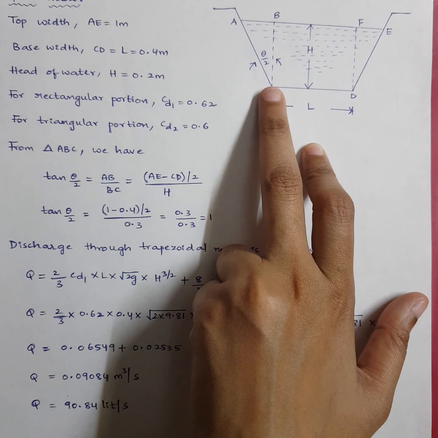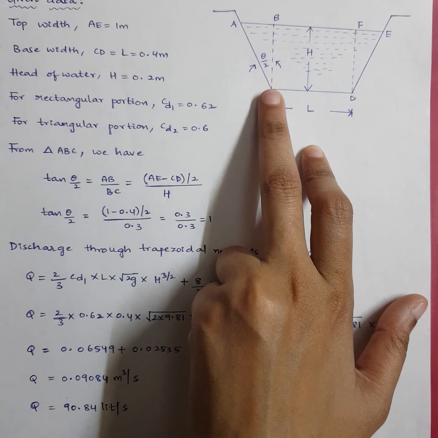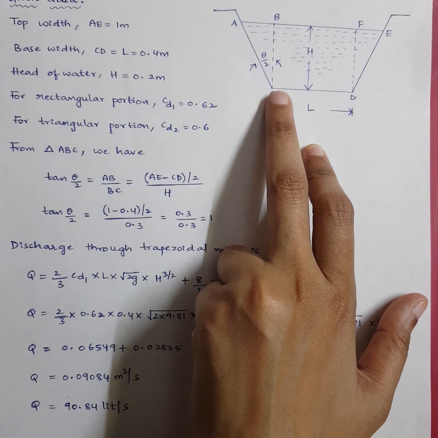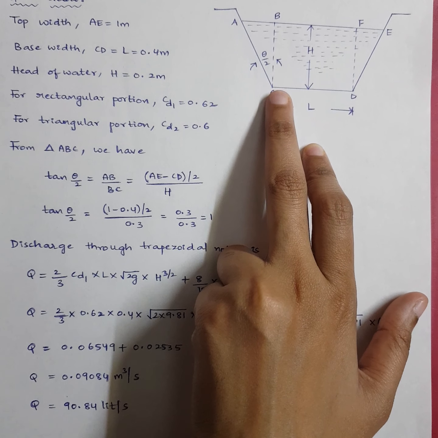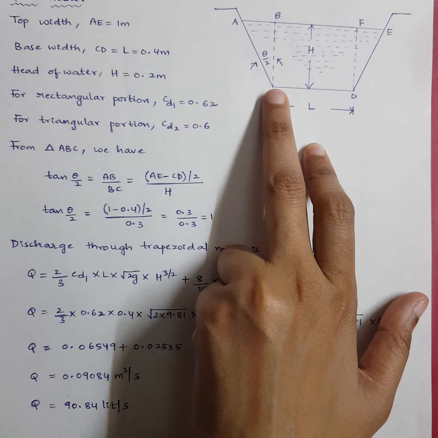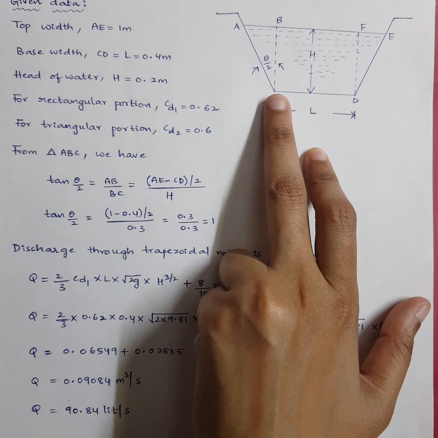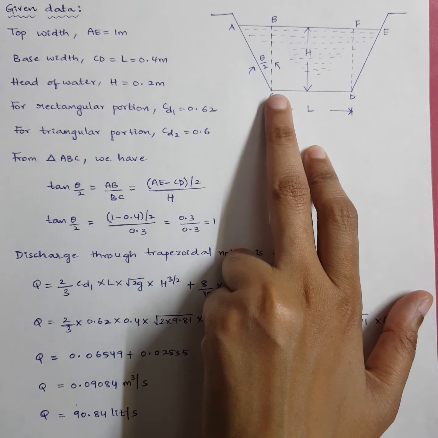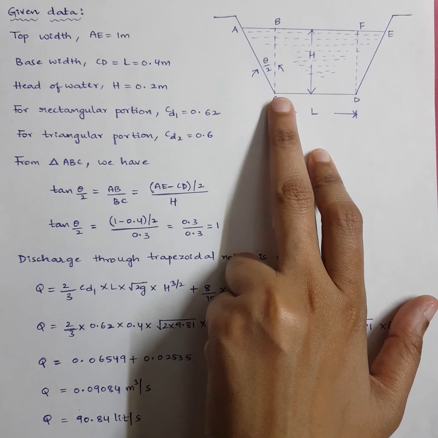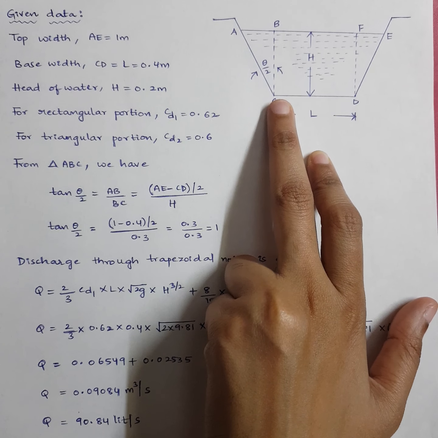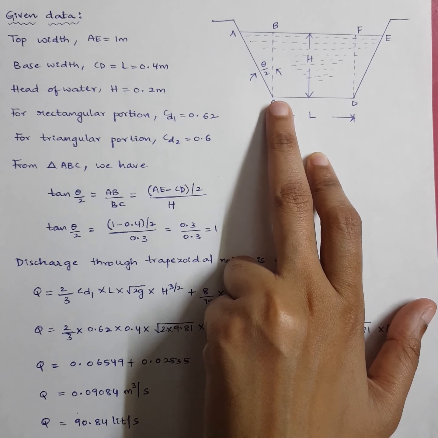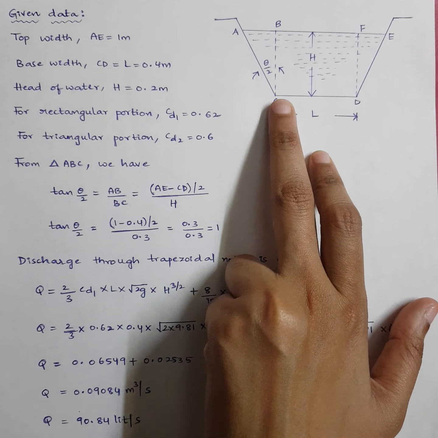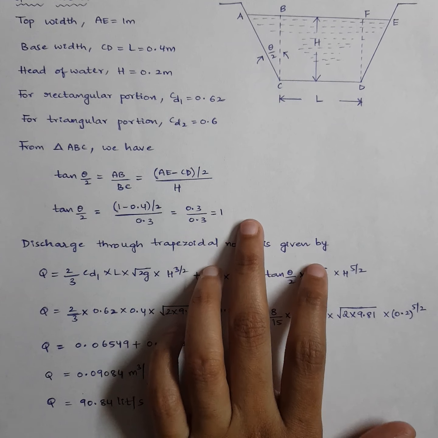We are calculating discharge Q for the water. So remember, since we are doing tan theta by 2, at that time you have to take the complete height of the notch, because theta by 2 is the angle related to the notch. But when you are doing discharge, we have to consider 0.2 meters, which is H, the head of water, because we are doing discharge for water. So for the notch, take the notch values. For the water, take the water values. Clear? So 0.3 will give you 1.